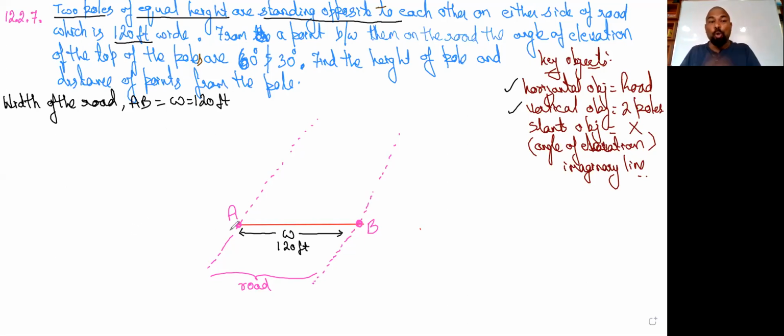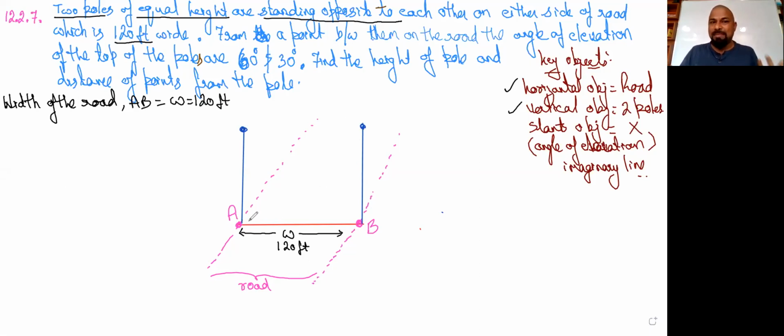Now here we are taking two poles. Let's make them stand, two poles. I like to take the vertical object as the first pole, and the second one I want to take somewhere vertically on that. So I'm taking the vertical two poles. Yes, I'm taking two poles now. So I'd like to label it, this and this.